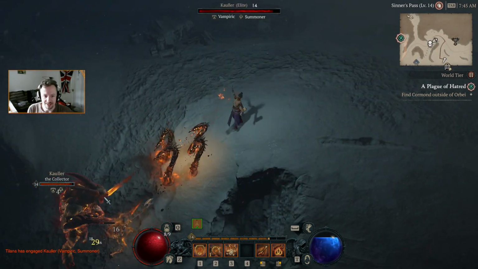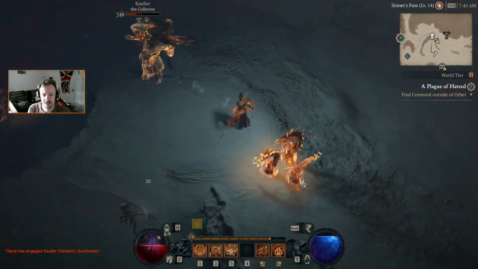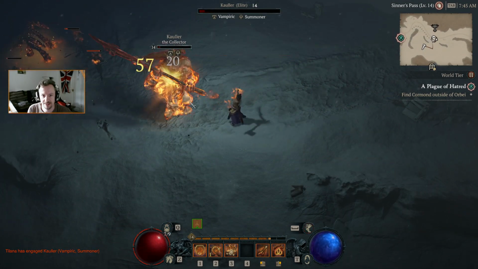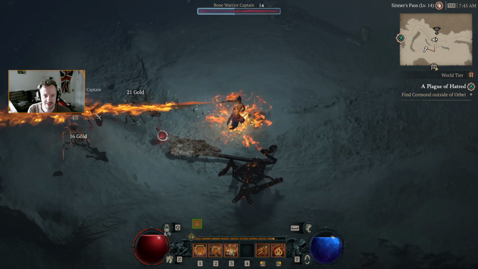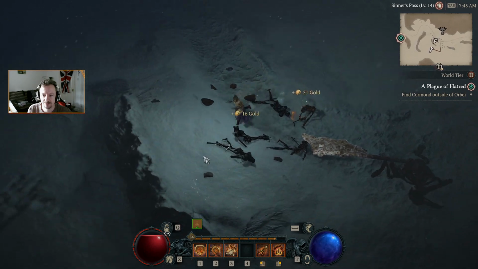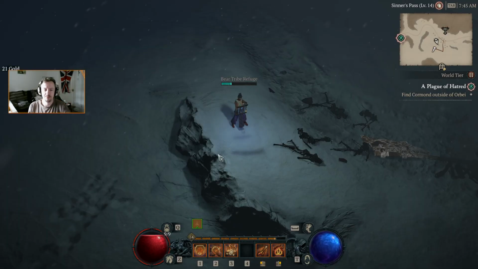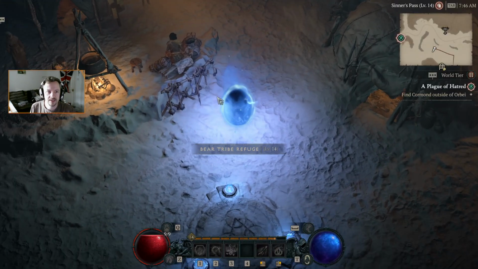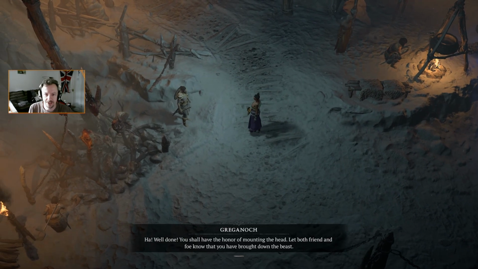Oh yeah, that is definitely the chap we wanted to find. Ow, he is causing a lot of pain. Down he goes though, and there is his head. Okay, let's go hand this in. Back of the Bear Tribe Refuge. Here you go. I've got the head for you. Well,